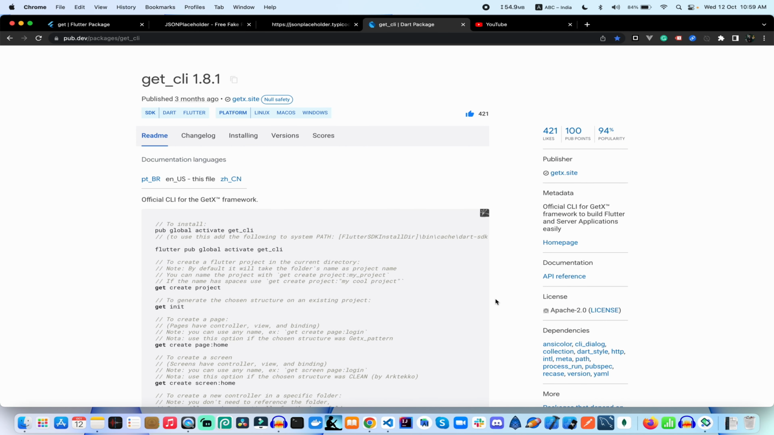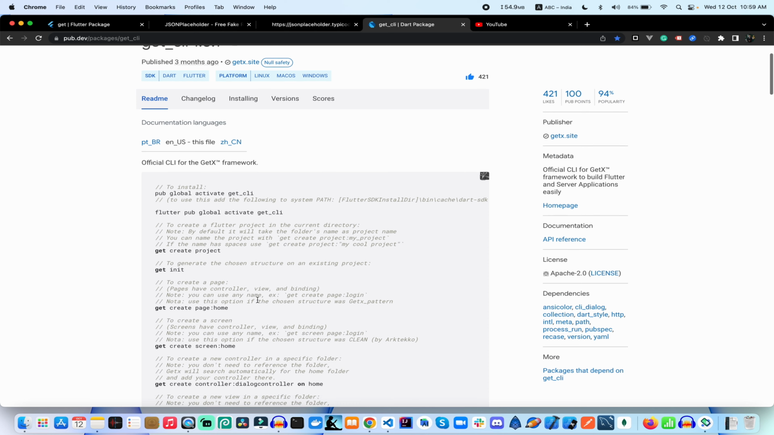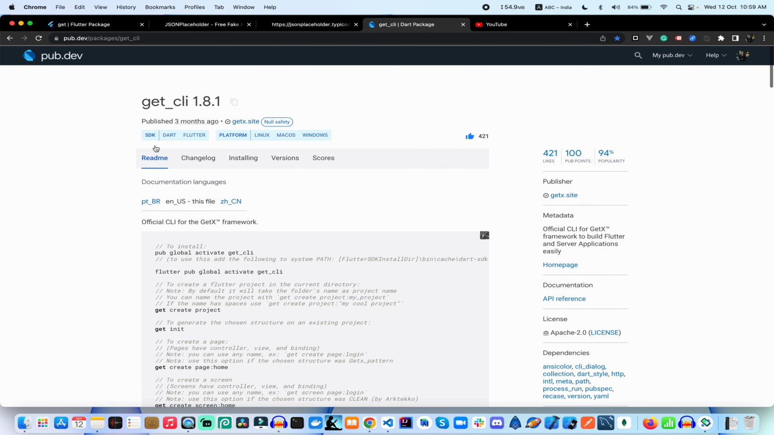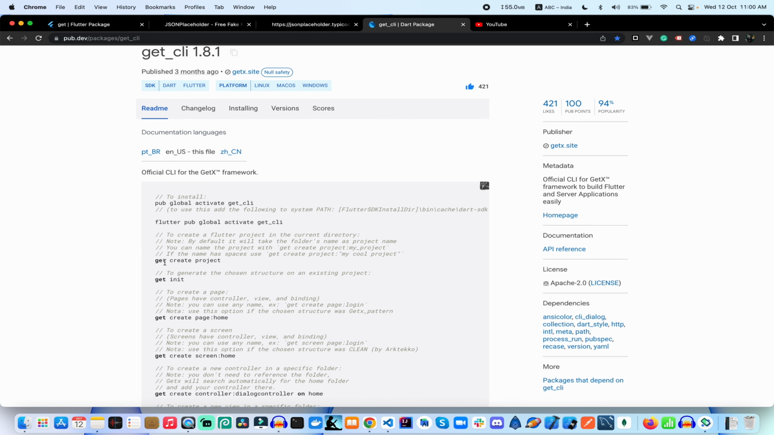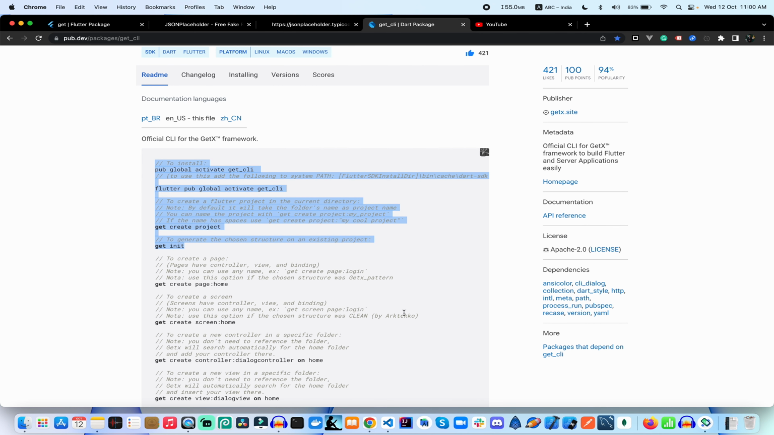In this tutorial, I talk about GetX Clean Architecture. This is actually GetX CLI, meaning command line interface, where we can execute commands in the command line. Last time I already created a basic app using the get command, but this time I will use this command and also create a clean architecture, because